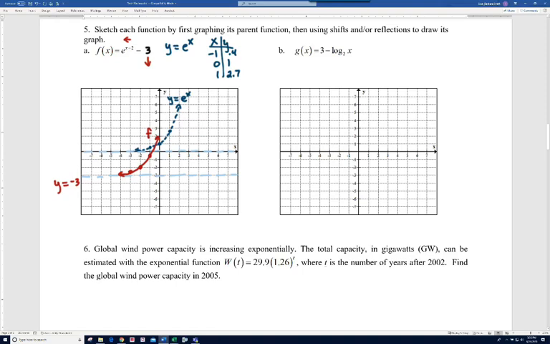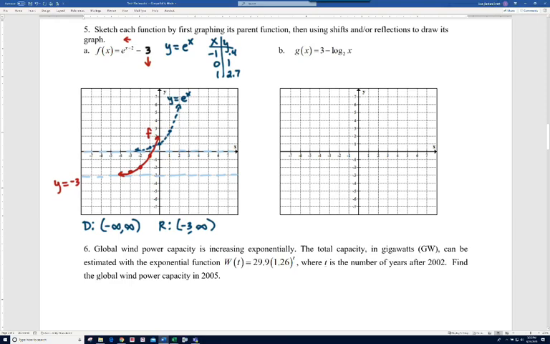and our graph will look something like that. Now I didn't ask you this, but I'm going to go ahead and do this. You should be able to tell me what the domain and range of this function is. So the domain, as is the case for exponential functions in general, is all real numbers. And the range, in this case, we don't quite get to negative 3, so it'll be parentheses negative 3 to